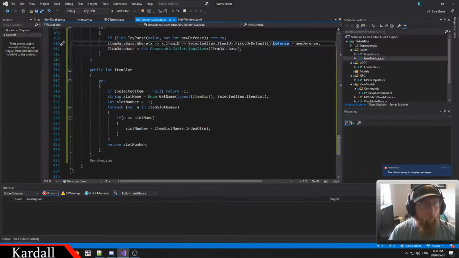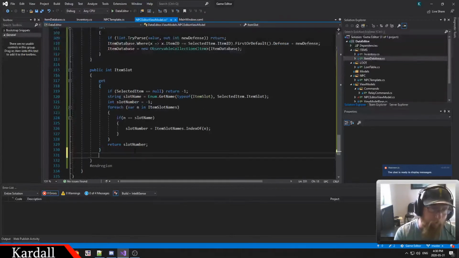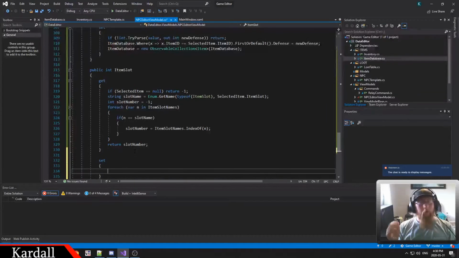Okay, so now we are going to do an item slot. So when we set the item slot, when we get it, the first thing we're doing is we are returning a -1, because if there's nothing there, we don't want to select anything. As soon as we change the value, we're not selecting a number, but we want to get the index of that number, because the index in the combo list is not going to be the value of